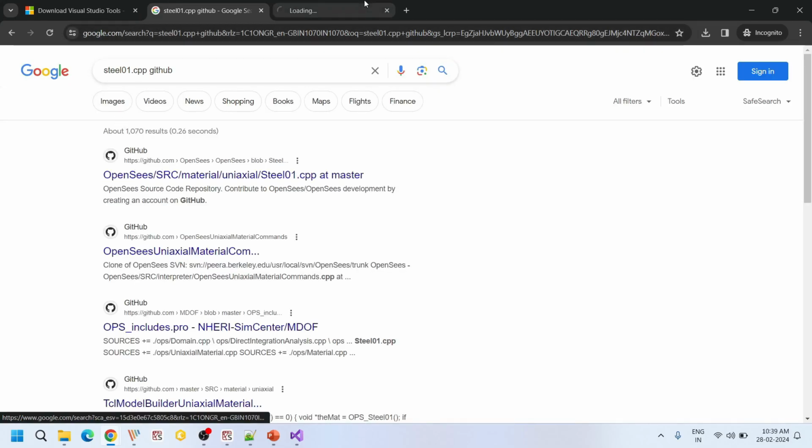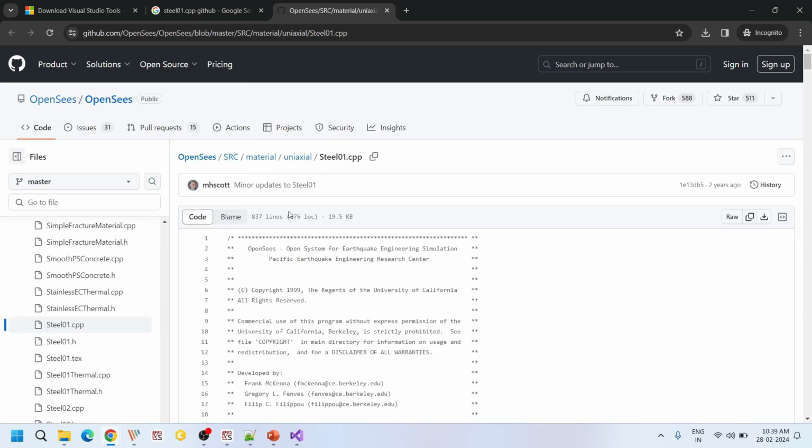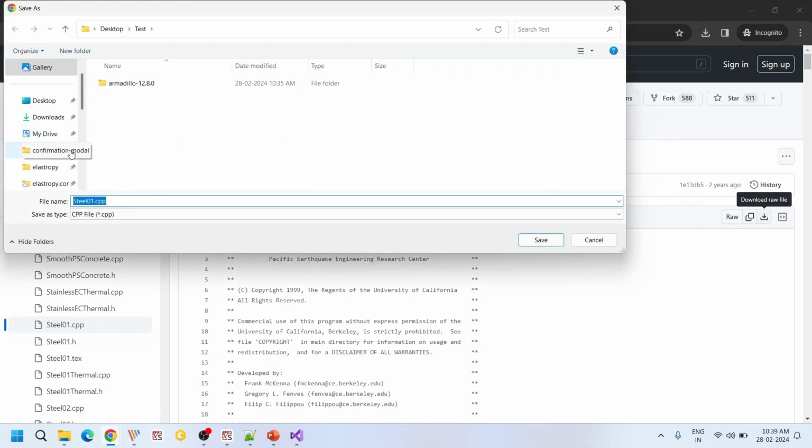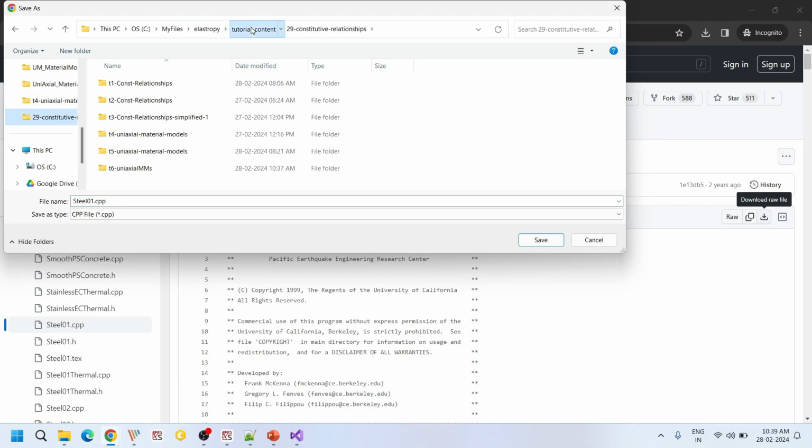This is the GitHub. So just go to this repository. This is the main file. What you need is this cpp file and the steel01.h header file. What you have to do is download these and save them in the directory where we just